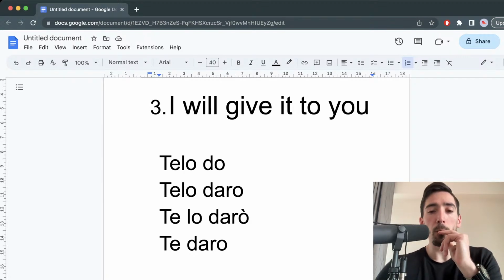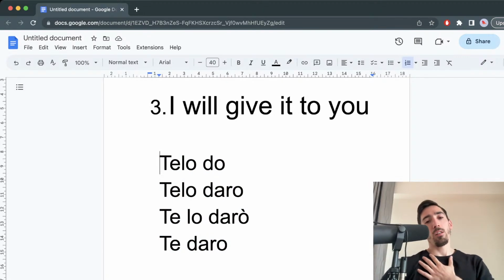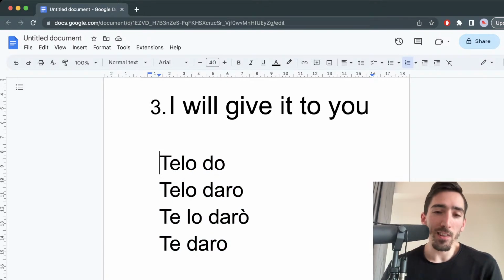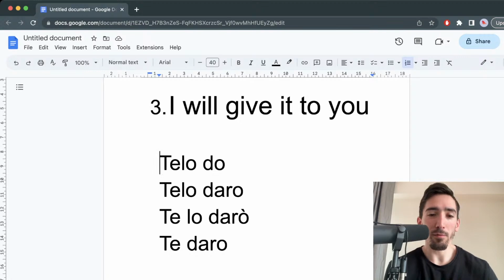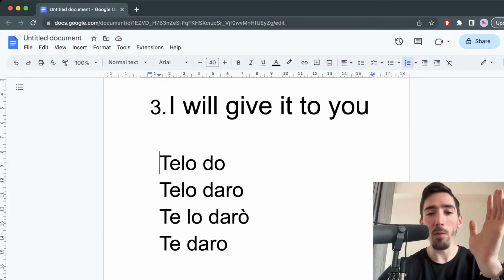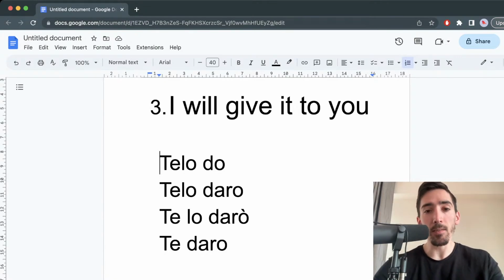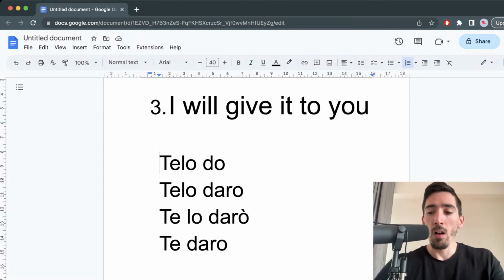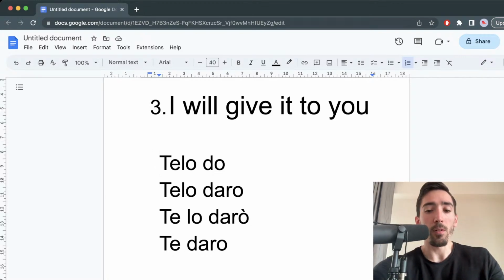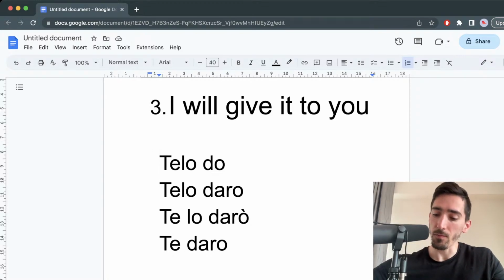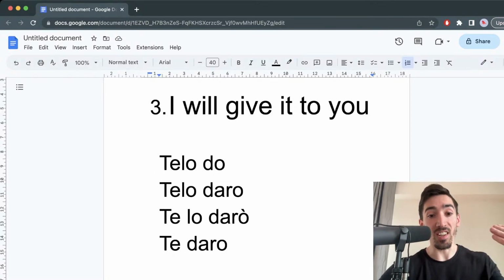Okay. So, good attempts. There's only one correct form. Again, now I'm going to go and explain what this all means. It doesn't matter getting it right or wrong. I guess it does matter when you speak in Italian. So let's try to understand before we get to speak Italian using these sentences.